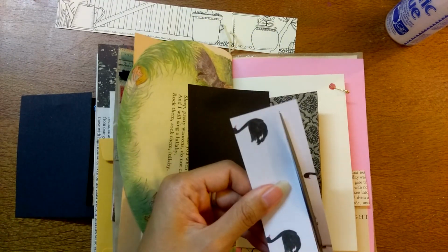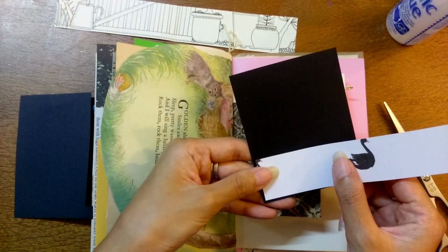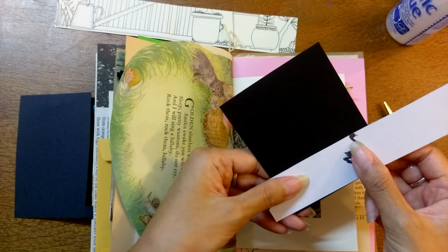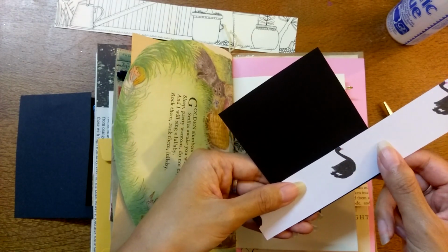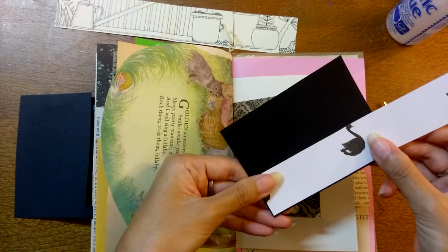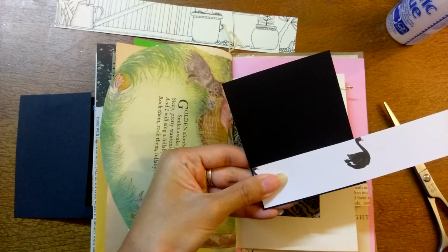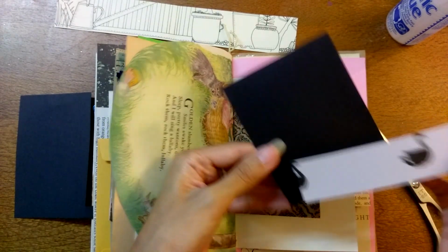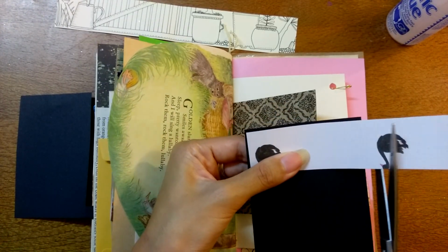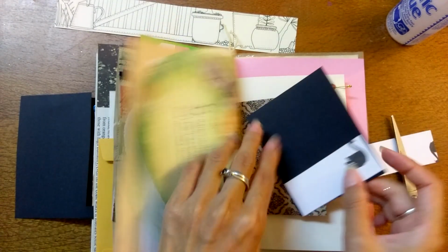And I could either use it just to decorate it, or I could turn it into a mini tuck spot. Oh, I'm cutting off. Whoa. I have to do it in the middle, don't I? You want to include the swan. Or I could even... what do I do? Oh, now, no. Let's start from this side. This is good because it has faint lines on it, so I know I'm going to get this straight. Okay, so